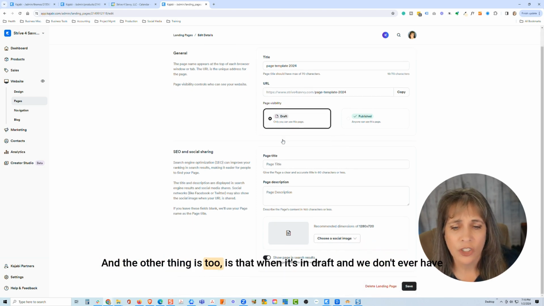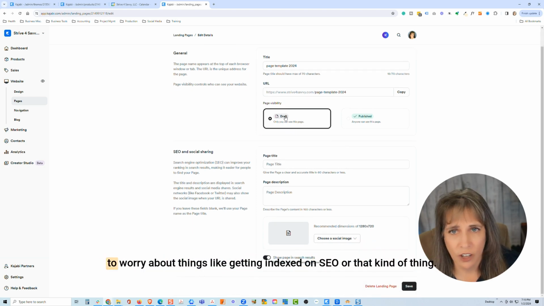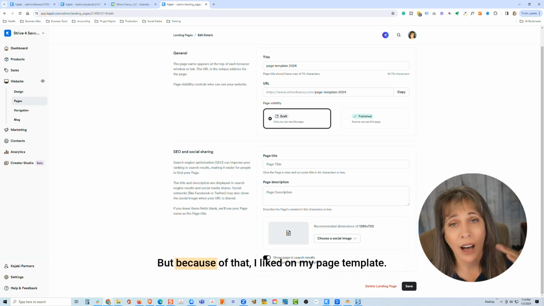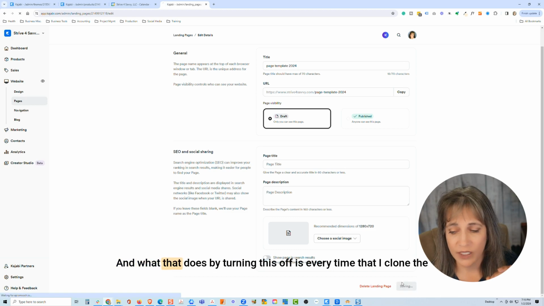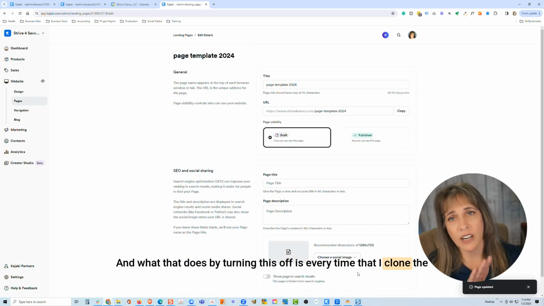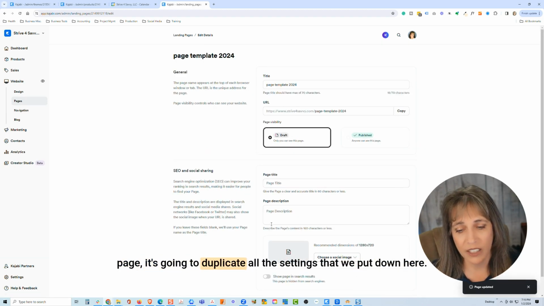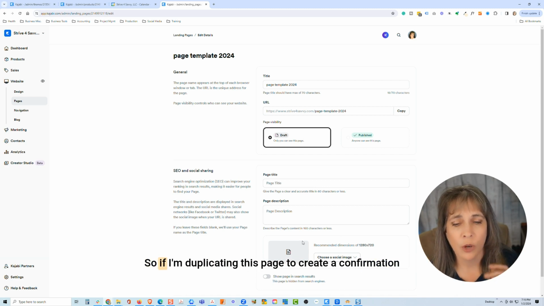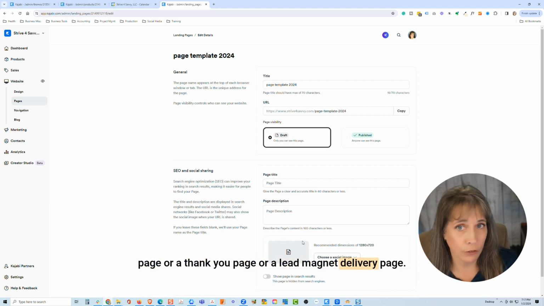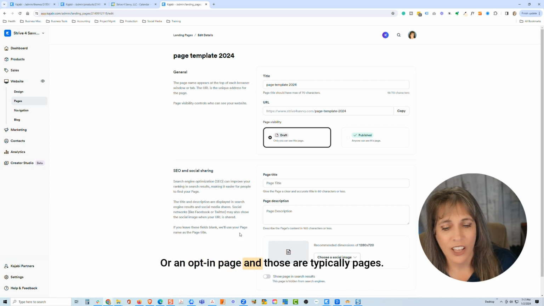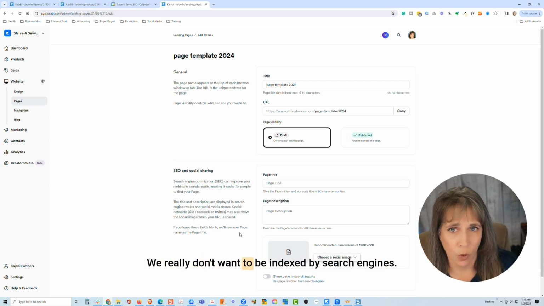And the other thing is, when it's in draft, then we don't ever have to worry about things like getting indexed on SEO or that kind of thing. But because of that, I like on my page template to also go down here and turn off the show page in search result. And what that does by turning this off is every time that I clone the page, it's going to duplicate all the settings that we put down here. So if I'm duplicating this page to create a confirmation page or a thank you page or a lead magnet delivery page or an opt-in page,